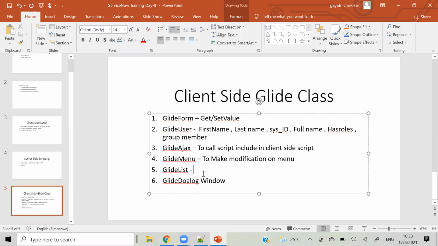Same like getValue, setValue, or something like that, but on list view. Okay. And this is the dialog box. Same like we have dialog boxes in JavaScript to show something, like a prompt to take acceptance, yes or no. If you want to delete or not, we can use this Glide Dialog Window.